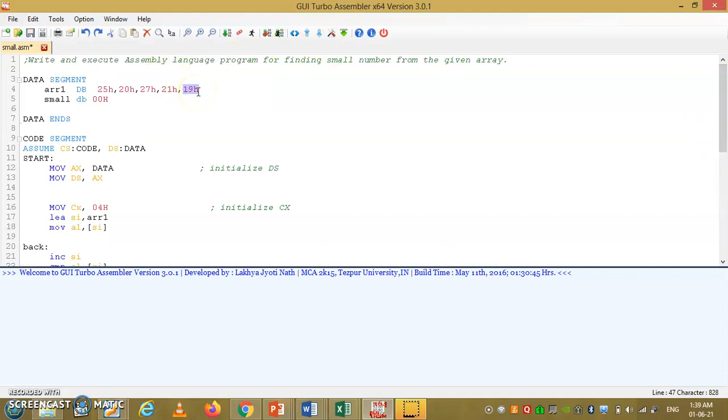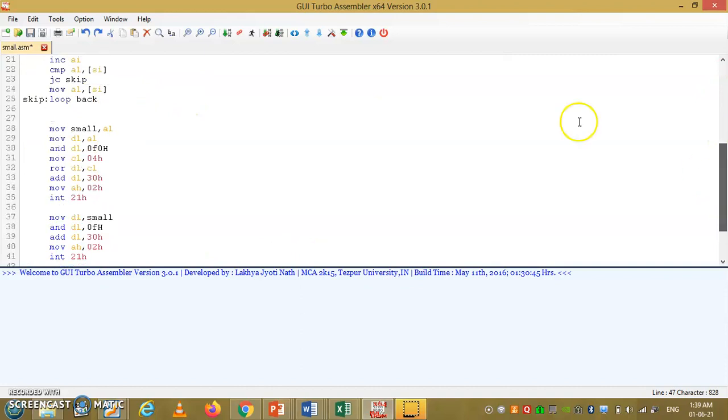the 19. So what will happen here, the 20 is compared with the 19, so here this condition will be false because the 19 is smaller than the 20. So here the condition will be false, and the value 19 pointed to by the SI will be moved to the AL, and the CX was 1, it will be decremented by 1, so it will become 0. This condition stops the looping operation and it moves on to the next.